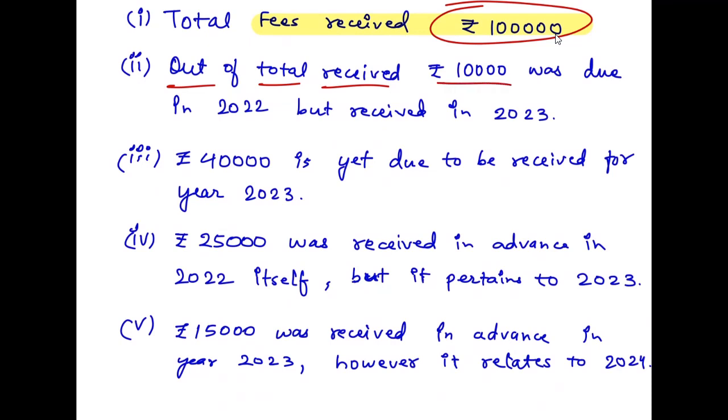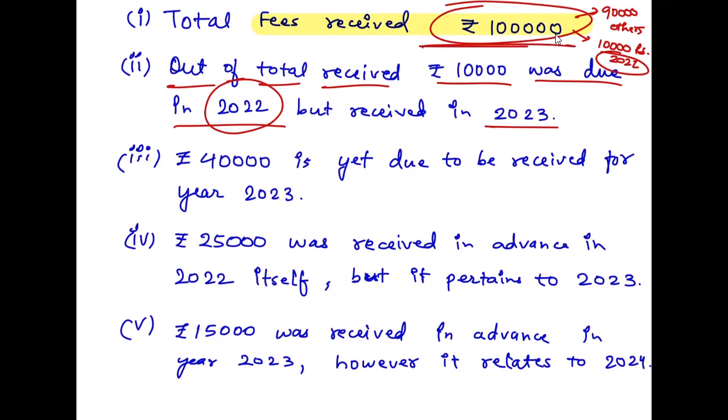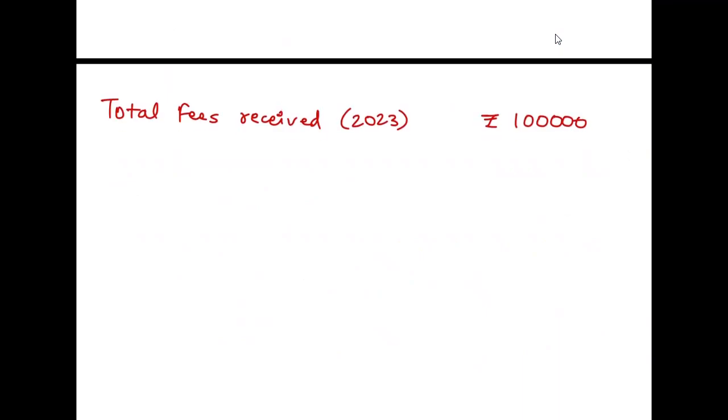10,000 was due in year 2022, but received in 2023. So there is 90,000, which is others. But in this, there is 10,000 rupees, which was due from 2022. So my question to all of you is whether this is an income of 2022 or 2023. Answer would be it is an income of 2022. So shall we include this into the 1 lakh rupees? The answer is no. So I will reduce the